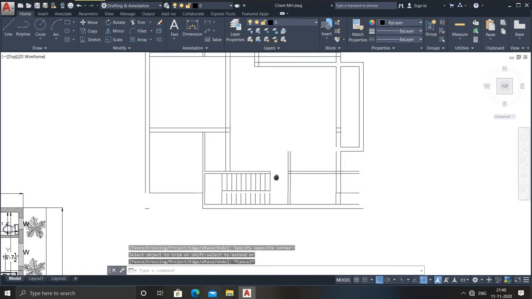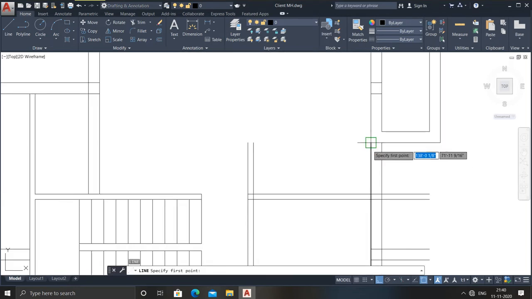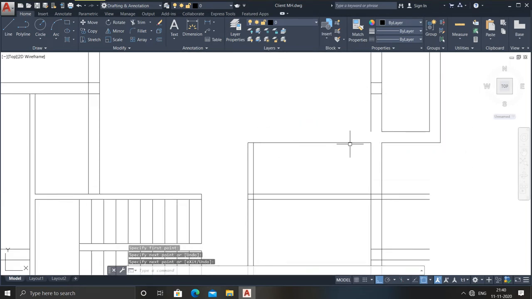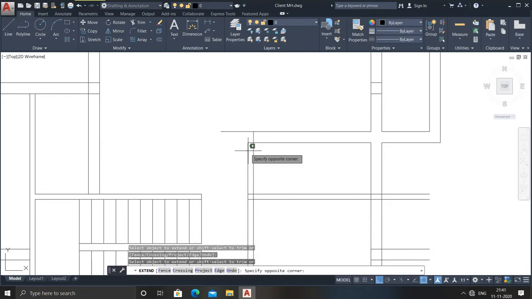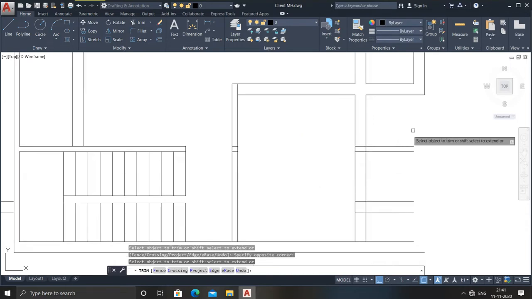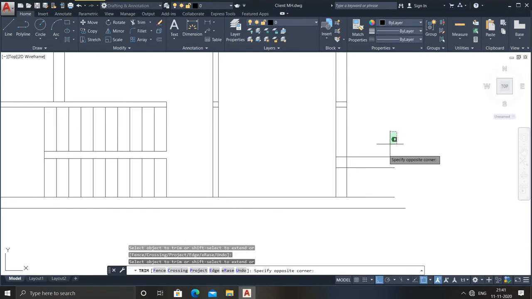After that, after all, what I need to tell you is just go for the line command, just join it. Again go for the extend command, double enter, just do it here. Now skip it, go for the trim command, just trim it. Not only over here, this also we do not want, this also we do not want, we want to trim all this.